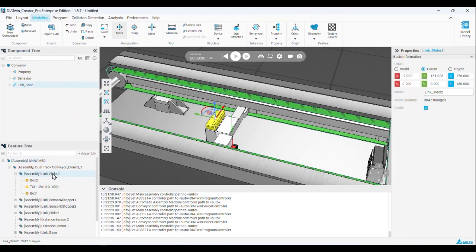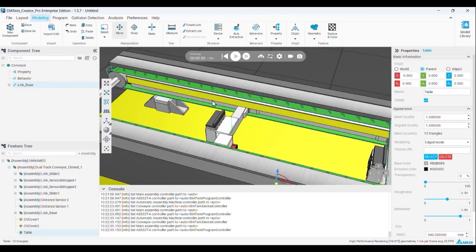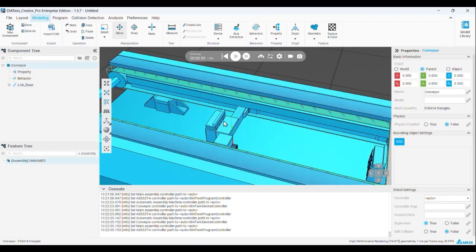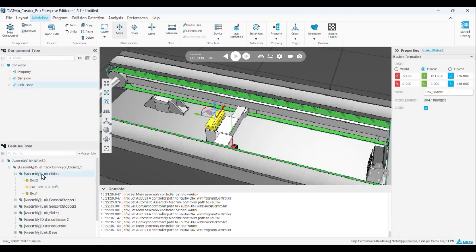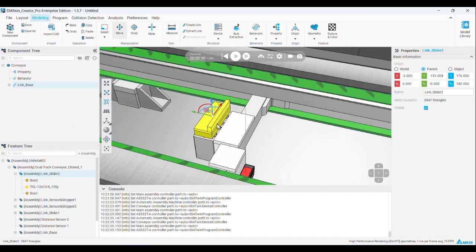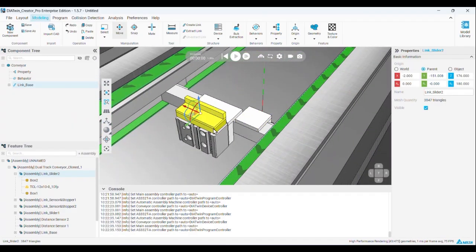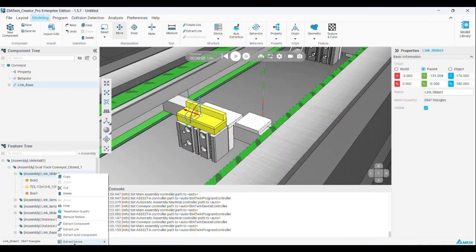You just press right click again. If you are missing it, you can just select the 3D feature first and find out the pair assembly. So this one is the stopper, right? It's the moving part of this air cylinder. You can press right click and right here, extract link. We can extract component for making a new component, extract device to make the feature have something like a sensor or conveyor feature, and we extract link to make it